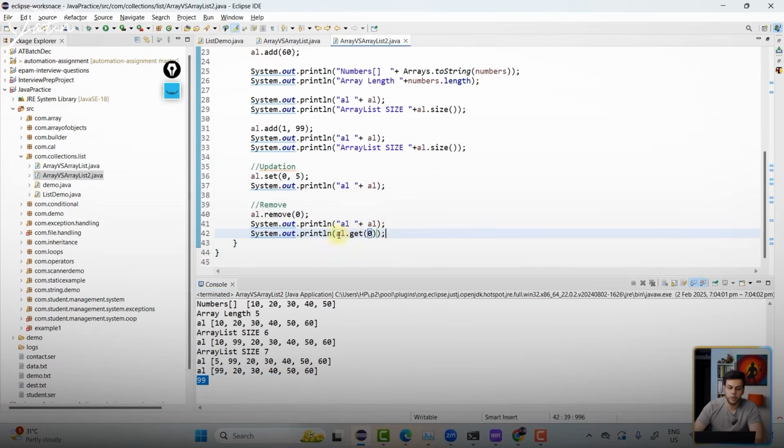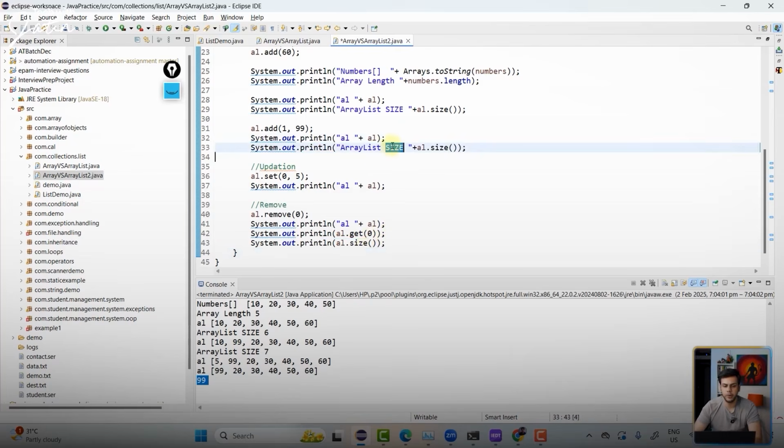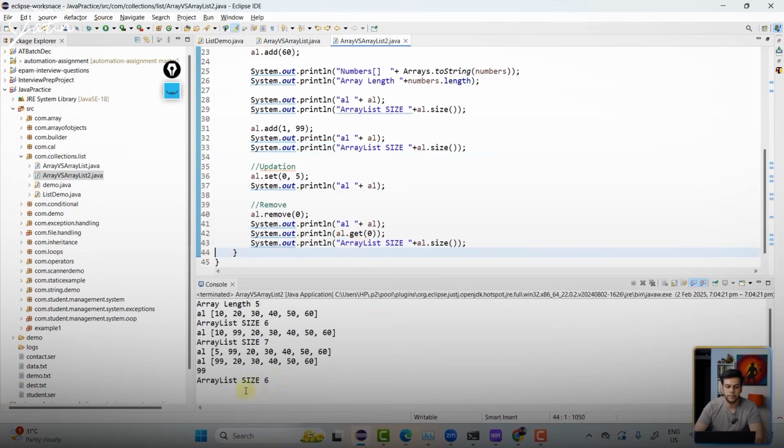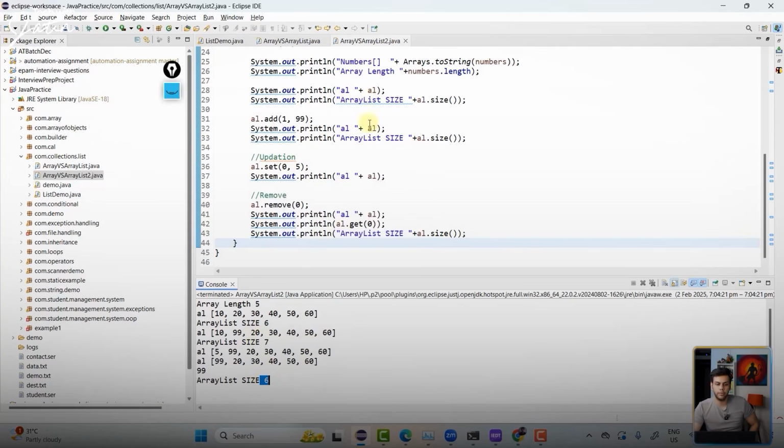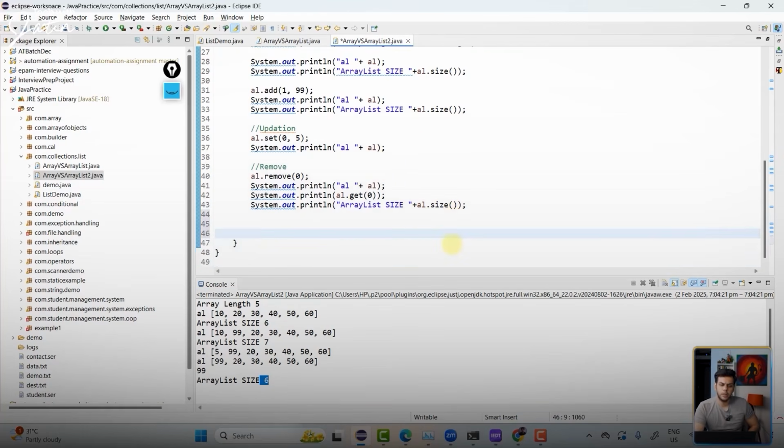Perfect. So it is going to remove it. Size is also reduced. System.out.println al.size. Okay. I should have taken this line itself, pasted it for you guys. Copy this one more time. Paste it over here. Click on the play button. Yeah. Size is 6. Reduced. Now, previously it was 7. Now it is 6. Clear to everyone? Perfect. So this is how you remove it. Now, let's look at the other method also.